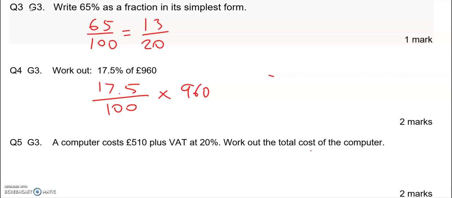So we just multiply it by 960, which is also the same as doing 0.175, which is the answer when you divide 17.5 by 100, times by 960, and that is with a calculator, that is 168